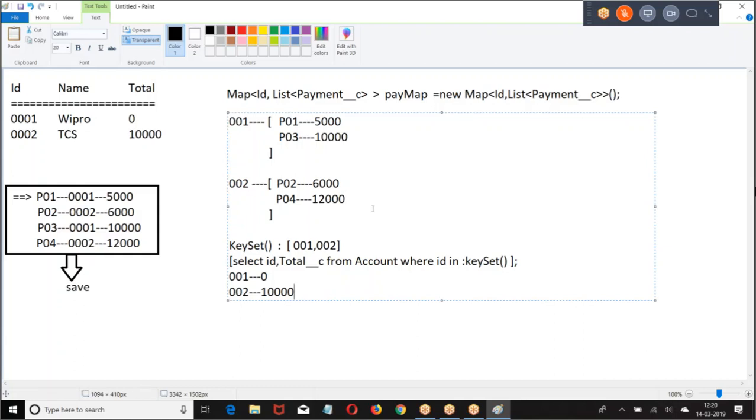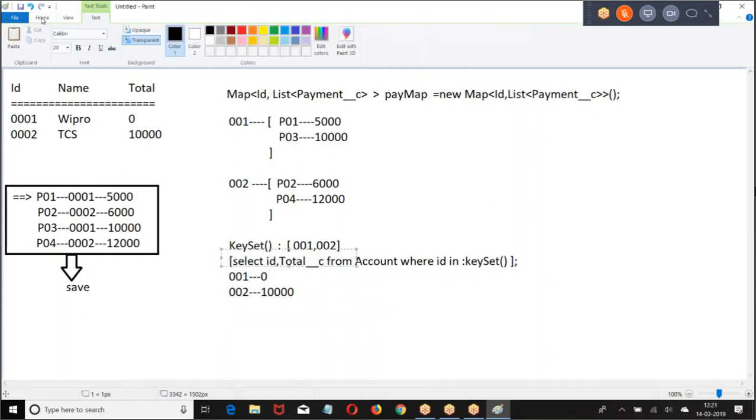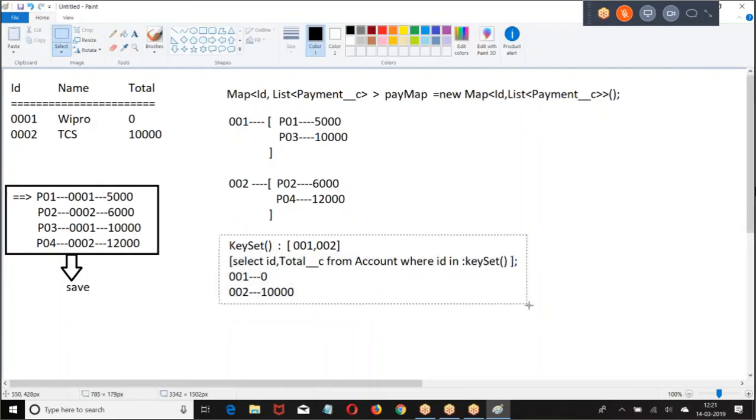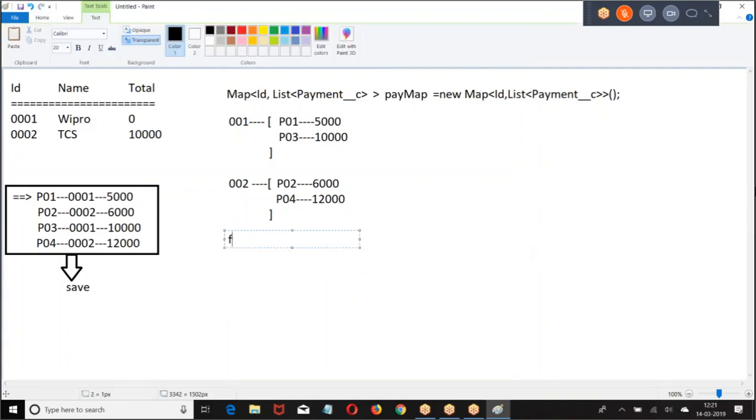Right. Then I told group this value. Let me pull it here. Then I told take this map for ID key set. When you say key set, what do we get?